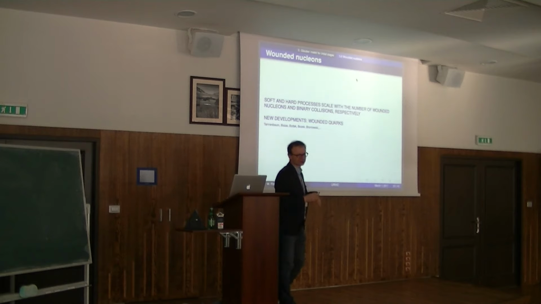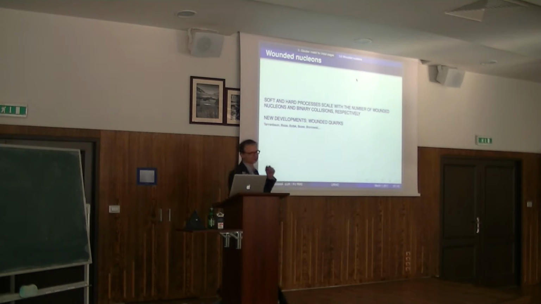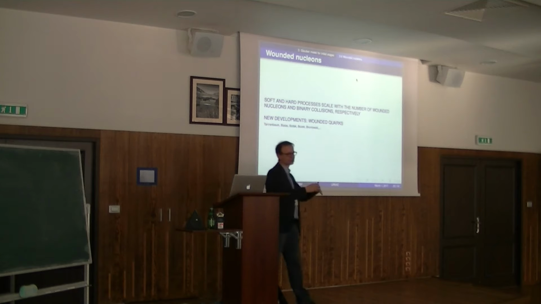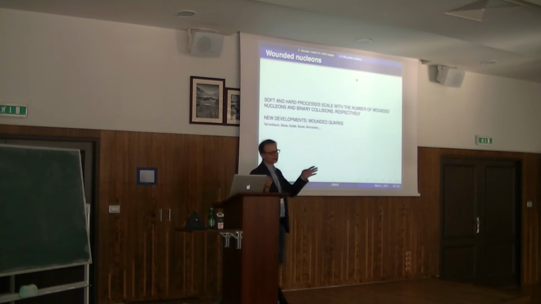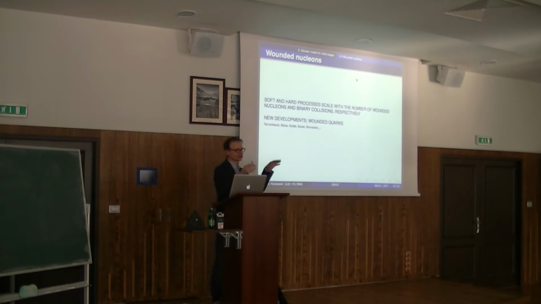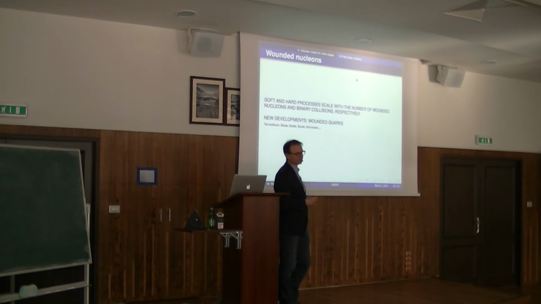Nobody derives this probability. But it is a simple argument that if you have large energies, then you have short wavelengths, so there is no interference, and everything should be counted independently. So if you have productions of jets and heavy quarks, the general idea is that hard processes should scale with the number of binary collisions. On the other hand,